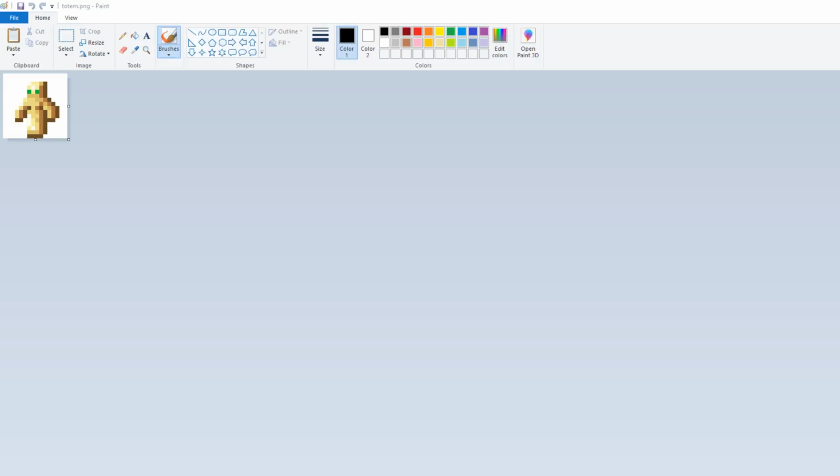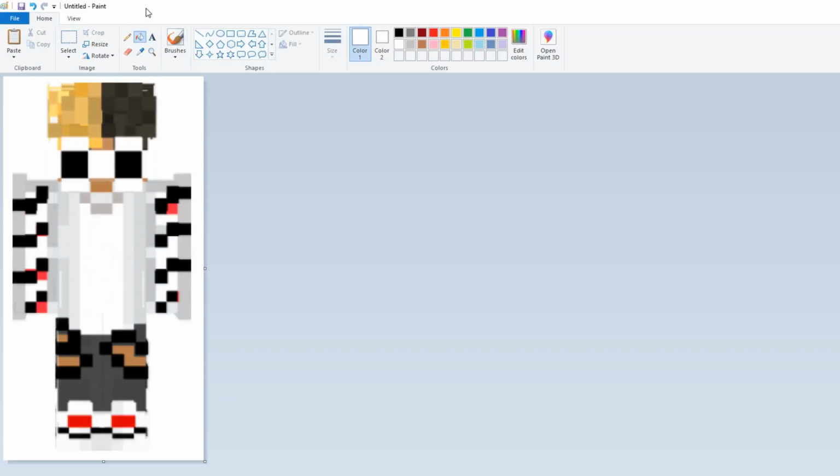Now the standard texture totem is 16 by 16 pixels, which is super small. But you can go bigger, but not everybody's computer can handle that. But if yours can, you can go 32 by 32, 64 by 64, 128, 256, and so on and so on. But since I like my totem to have that Minecraft blocky look, but I want a bit more detail in it, I'm going to go with 32 by 32.